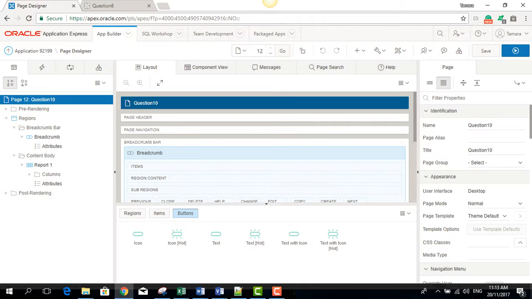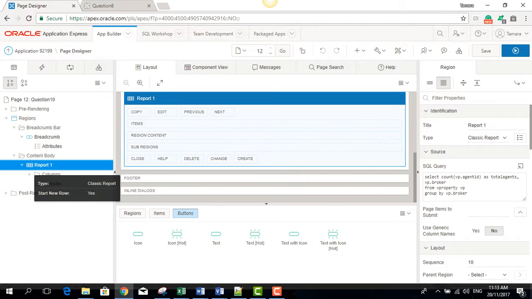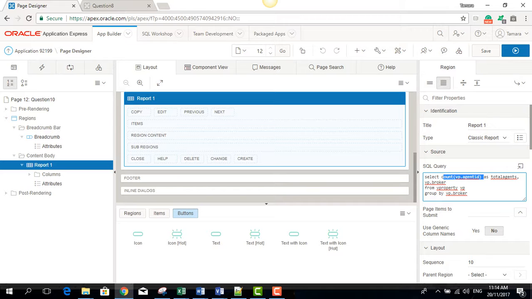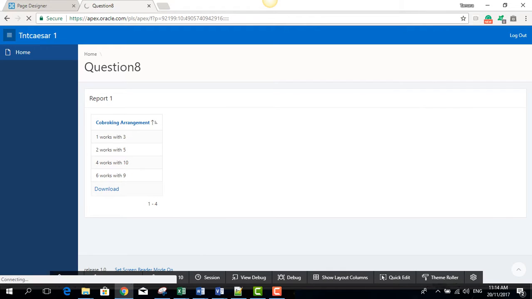In this case, we want to understand how many agents are assigned to brokers. To get this information, we have decided to use a view instead of a table. You can see here this is the query, and we've decided to use a view in this case to understand how many agents are assigned to brokers, and it uses aggregate functions as well. As you can see here, we're going to count the agent ID, and when this is executed,